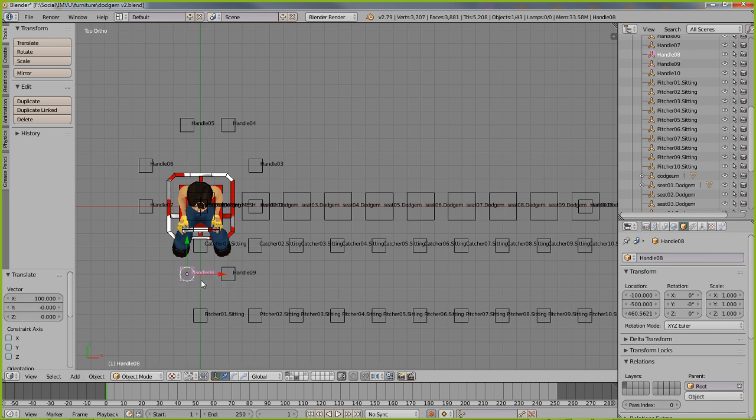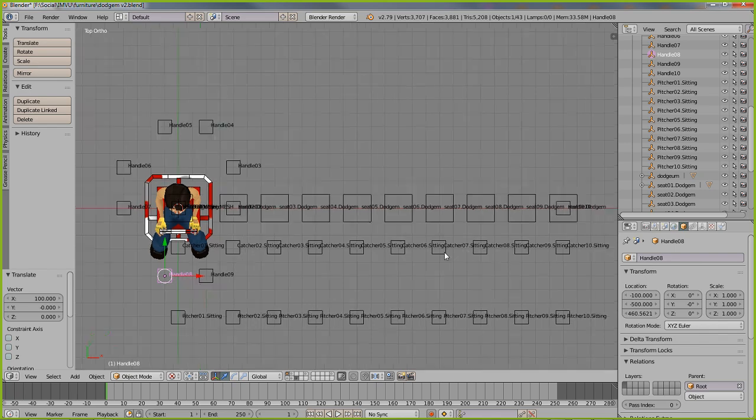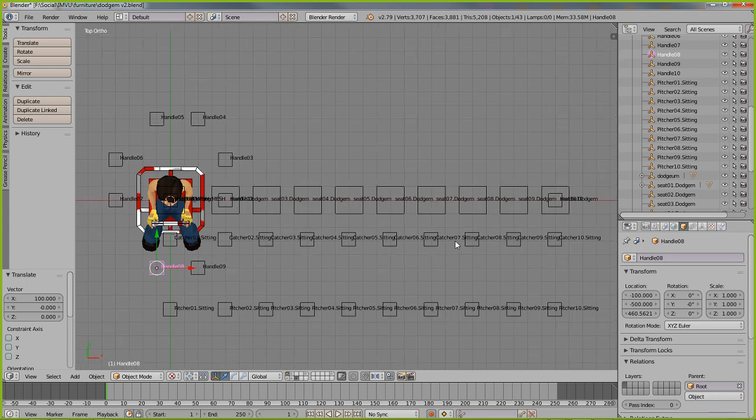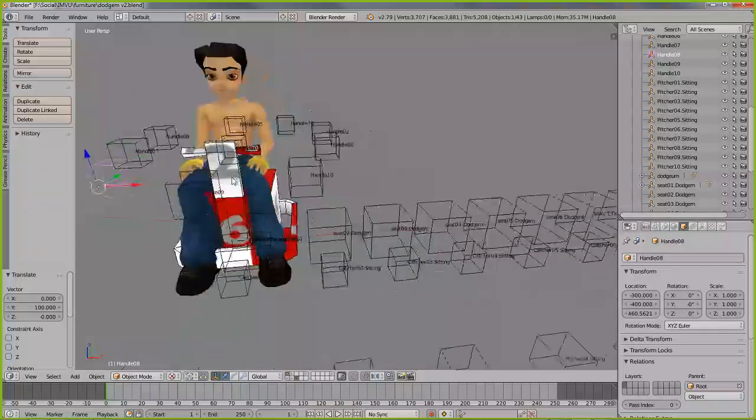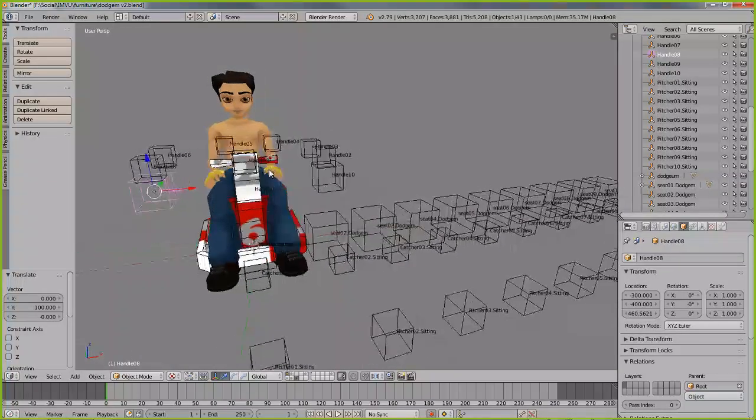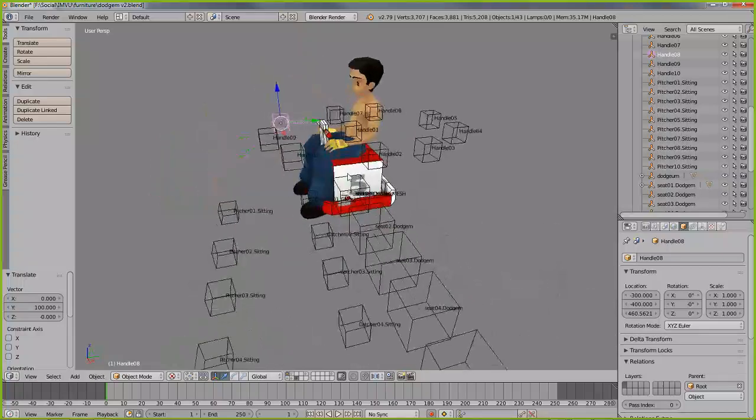So I'm holding the control key down to keep the object snapped to the grid. I wonder where we can put that one. Okay, so what we're trying to do is allow enough space that the user is going to be able to click on these. When the item is loaded into IMVU, into the client, we have to allow enough space for the user to